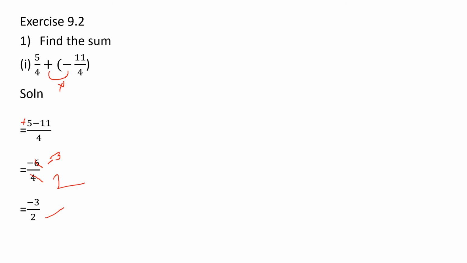Okay. If the denominator is the same, it is very easy. Add it and write it down. Finally, if it is possible to cancel, cancel and write in the simplest form. Okay, always try to write the answers in the simplest form. That is good. If you write minus 6 by 4, it is also correct. But when you go to higher classes, it is better to write the answers in the simplest form.